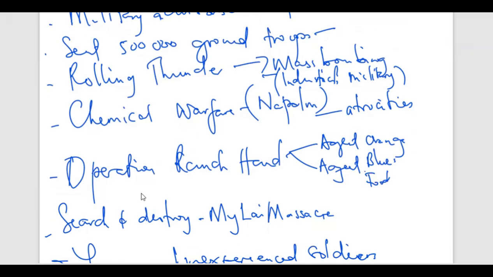It was a herbicide that would damage the food crops and also would make the soil infertile so that the guerrillas would be deprived of food. However, it was also known to cause cancers amongst the soldiers, even the American soldiers. They were affected by those chemicals. They had incidents of cancers.